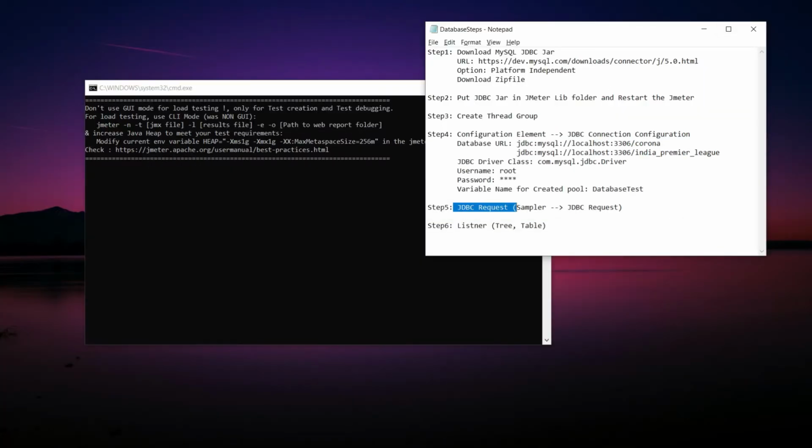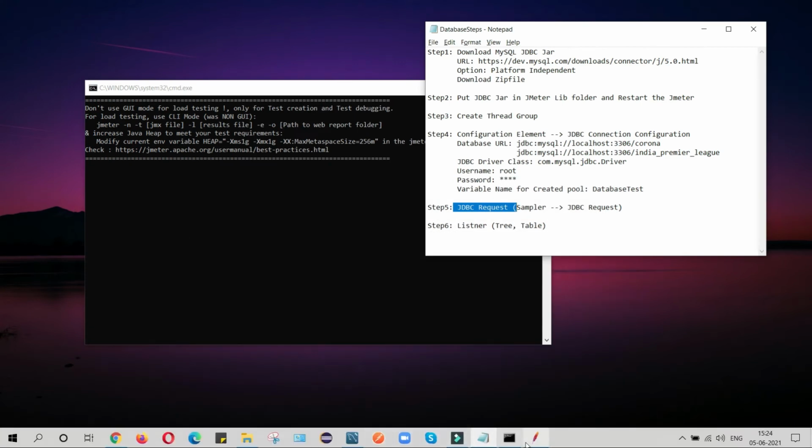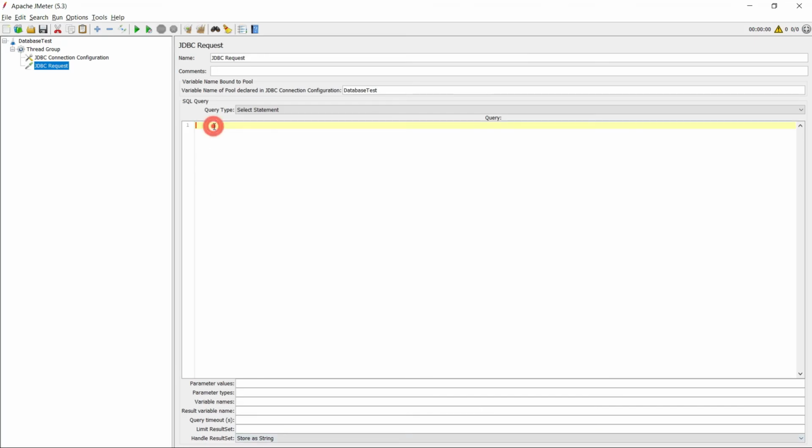So let me show you what query I have to execute. I have to execute this query, so I will just copy this and paste it here.